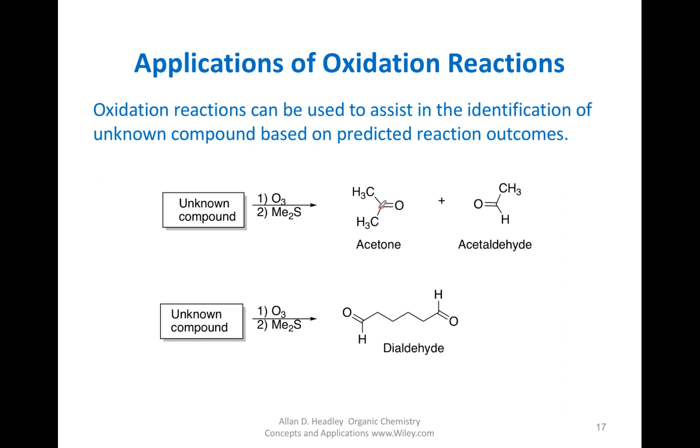So we know that this carbon was bonded to this carbon. And notice the H remains because it's not as strong an oxidizing agent as your potassium permanganate. Look at this one, H and H. Not the carboxylic acid, because the ozone and dimethyl sulfide is not as strong an oxidizing agent as our potassium